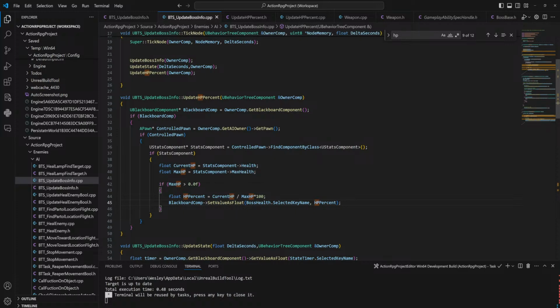So, why is it even using the stats component? Oh, that's such outdated code. It should not be doing that.